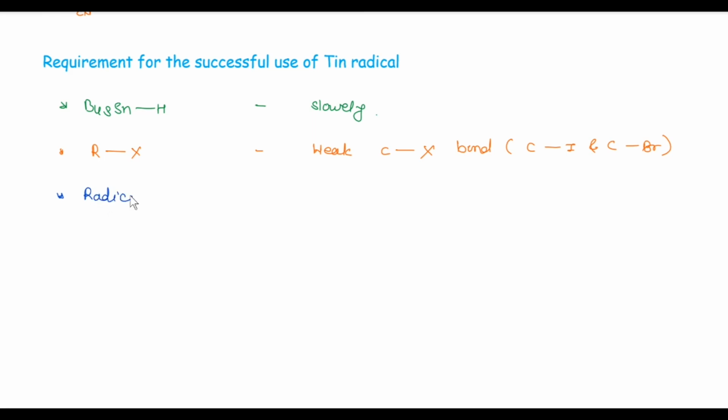The radical trap, that is the alkene, must be electrophilic in character, that is an electrophilic alkene. For example,